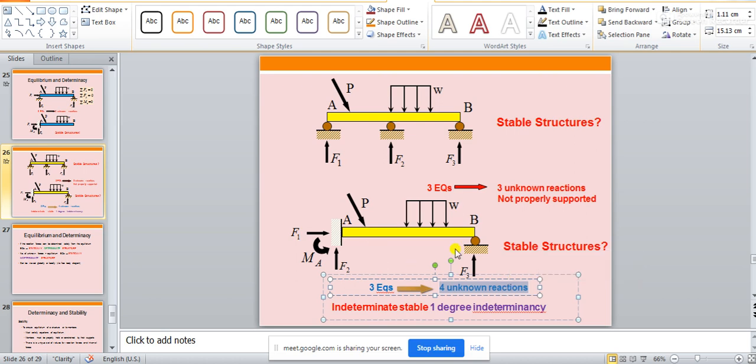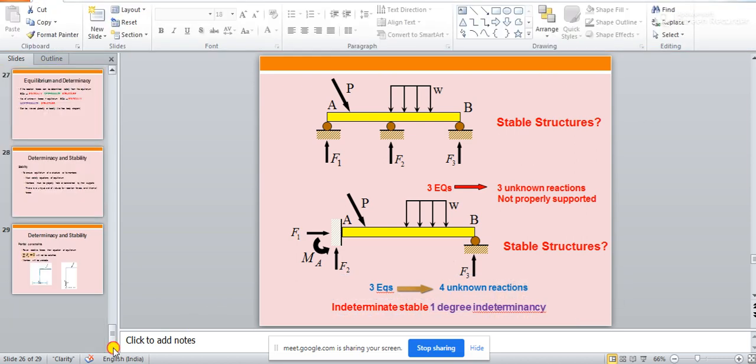this structure, although it is a stable structure, becomes an indeterminate structure, which is indeterminate and stable, and the degree of indeterminacy is 1. That means the structure is indeterminate to degree 1. Is it clear? Okay. So next you see